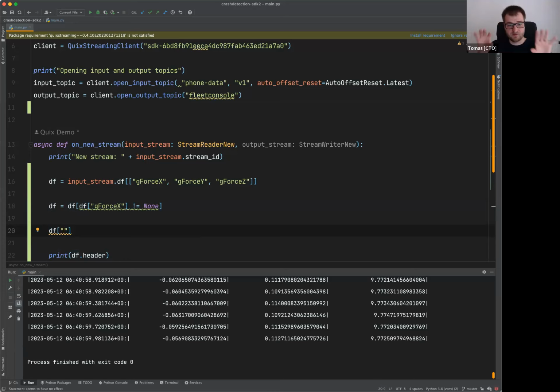Because sometimes you have the phone in landscape or portrait, you don't know how the person would put the phone on the handlebar. So we're going to get a G-force total column in our frame, and it's just going to be